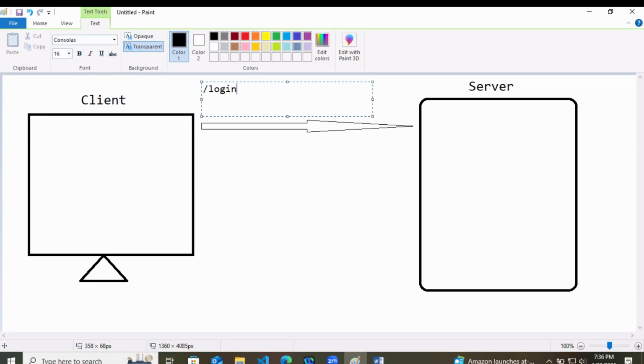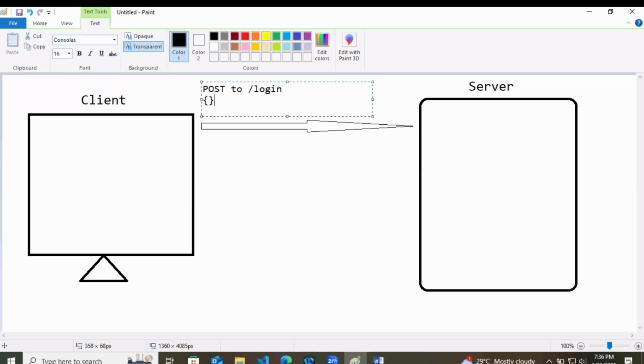The user is actually making a POST request to slash login.